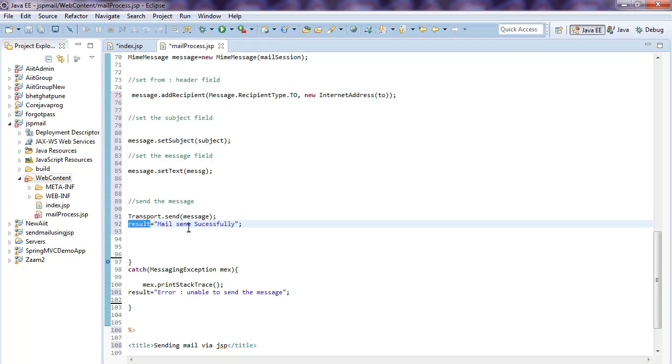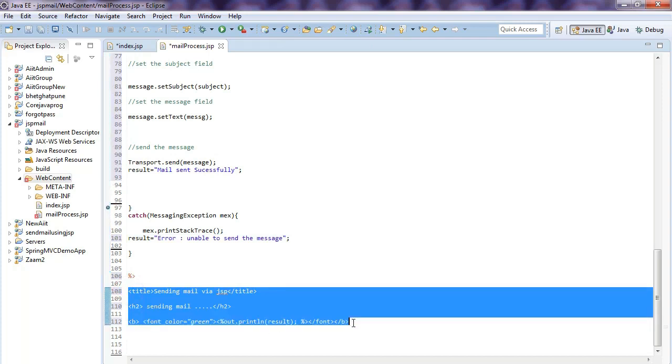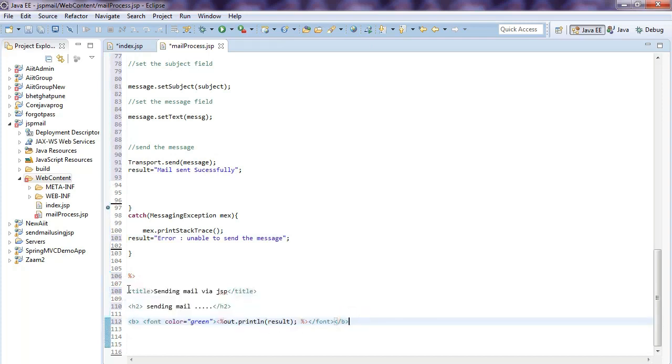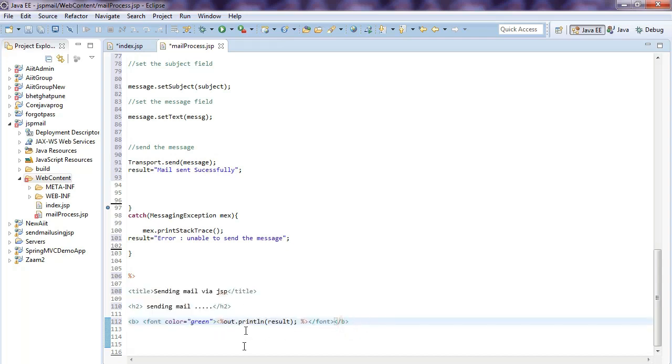If your address is not valid, or something is wrong in your program, it generates the error value, "unable to send the message". Lastly, you write three lines of HTML code to show your result and output on the web page.